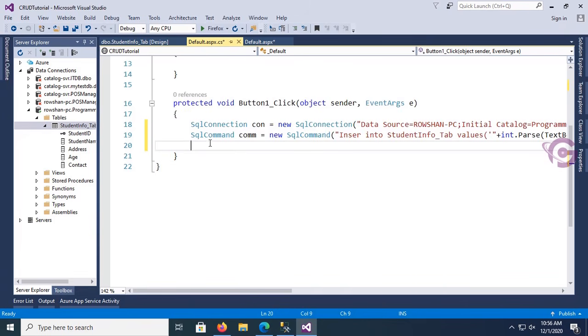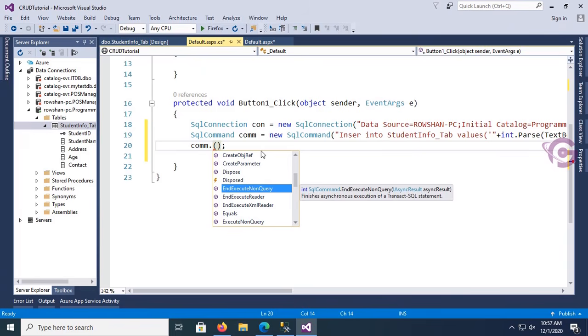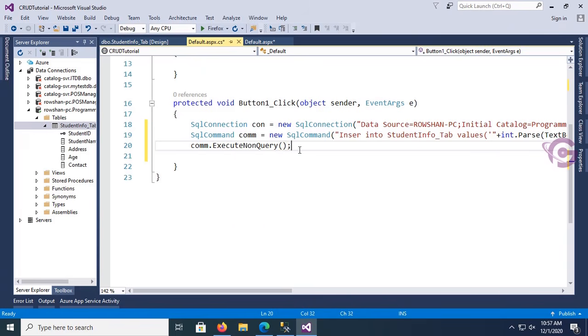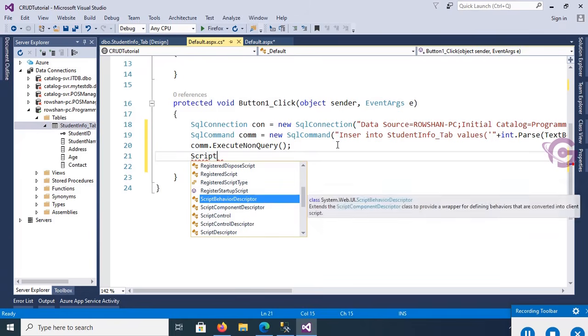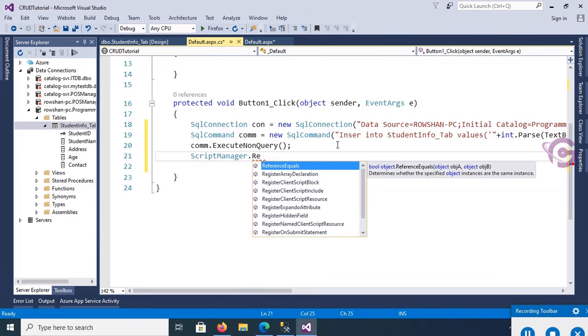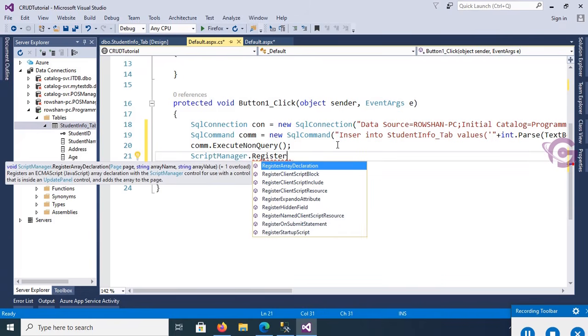Okay, now com, MySQL command com dot execute non-query. Finally, it will display the message after completing the execution operation successfully. The message will be